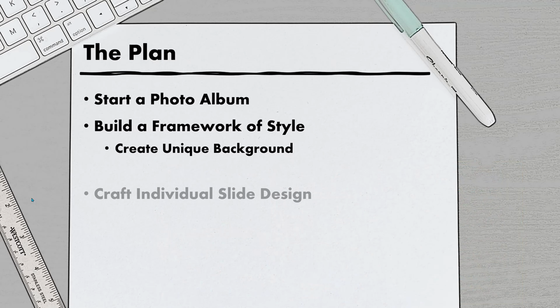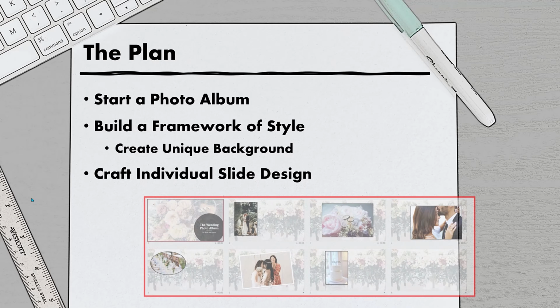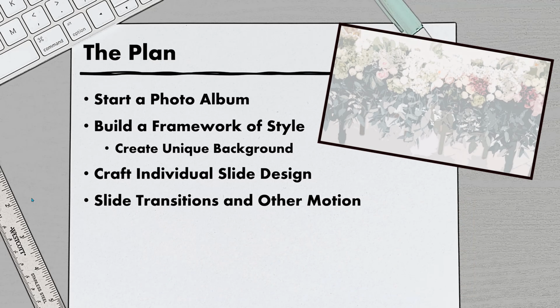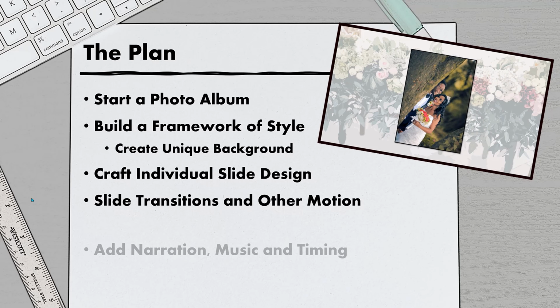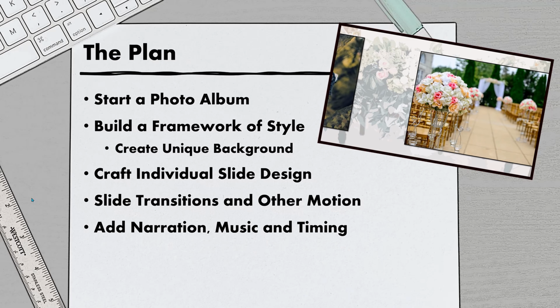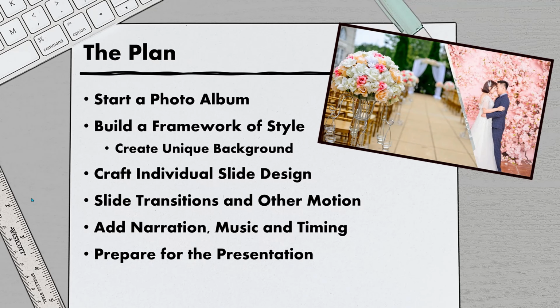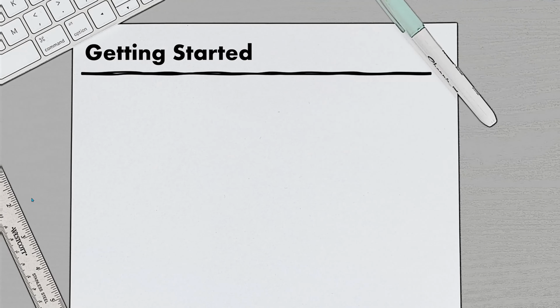Once our stage is created, we'll then go through and turn each page into a work of art. We'll add a cinematic look through motion and visually compelling transitions between slides. And as an optional bonus, we can add music and narration to create a live presentation or a pre-recorded work of art. So let's go to step 1.